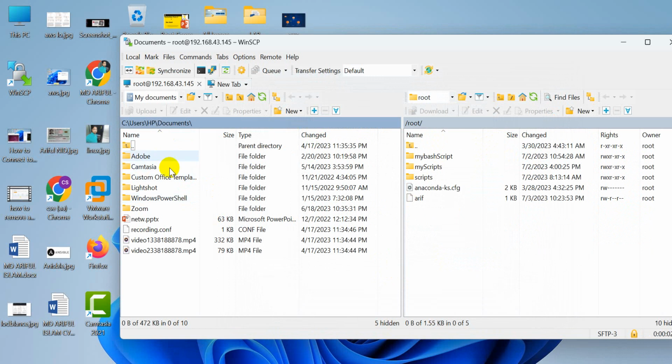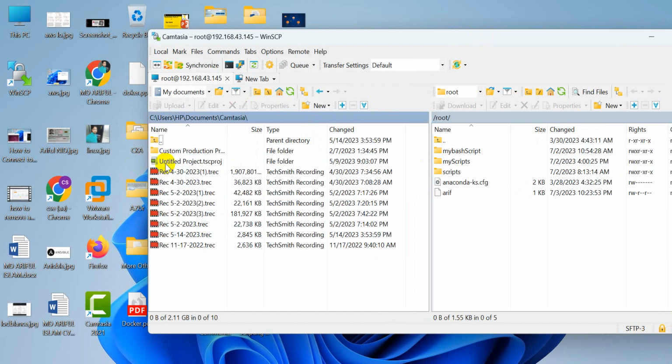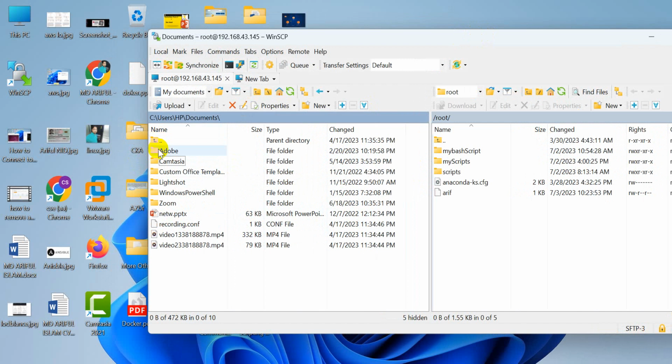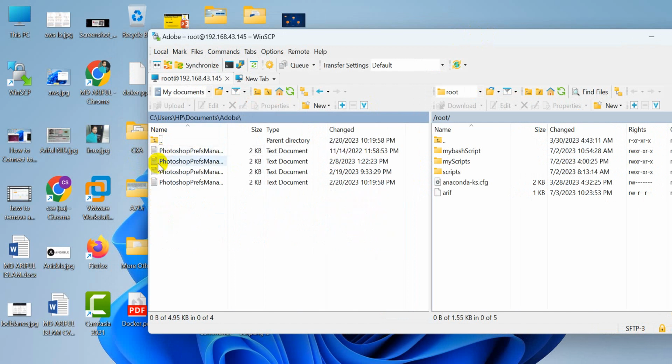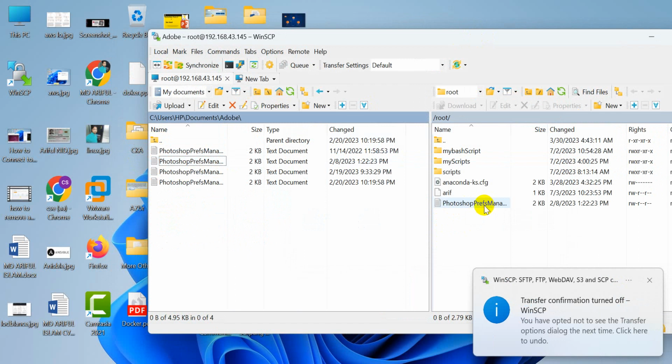Now here is my Windows desktop. Here is my Linux. This is where just one file here. Root directory. This is